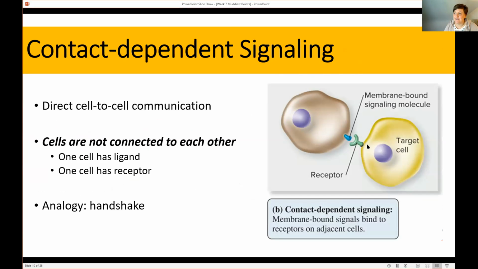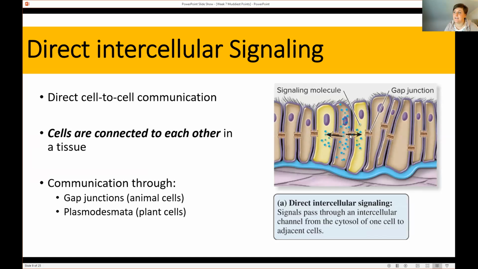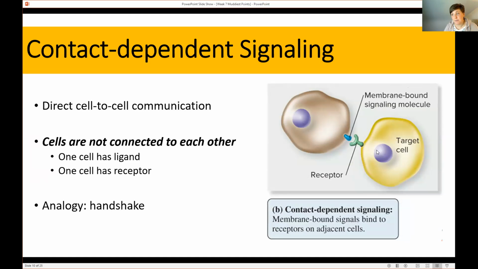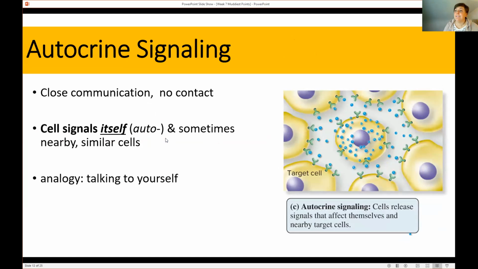So that's contact-dependent signaling. Again, intracellular signaling is passing the signal through the cytoplasm. Contact-dependent signaling is just these cells contacting each other, but it does not pass the signal through gap junctions and instead just has a ligand bind to a receptor. Again, kind of like a handshake. Now, it looked like the biggest points of confusion with these terms were between autocrine and paracrine. So here is where the big difference is.